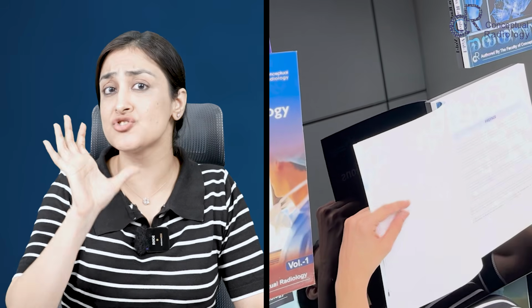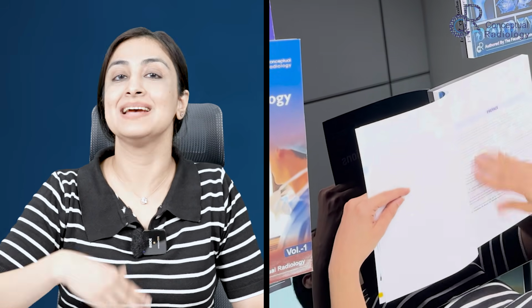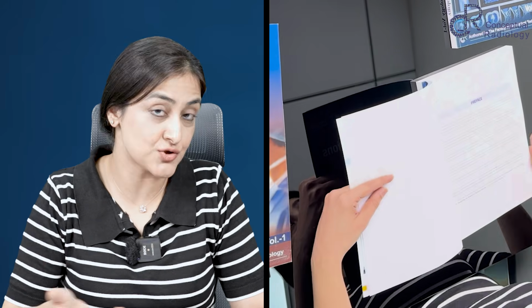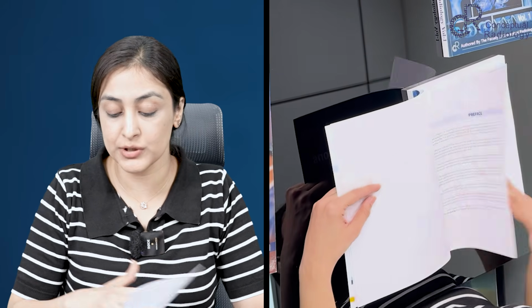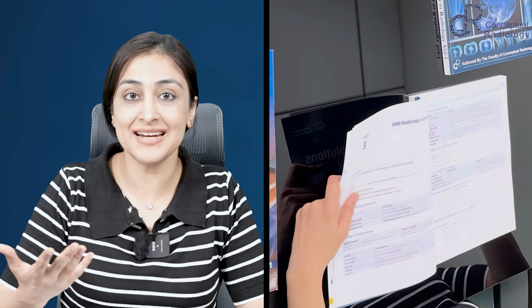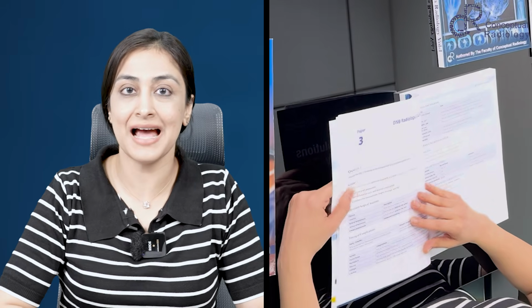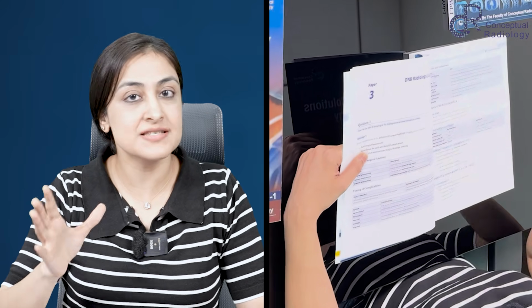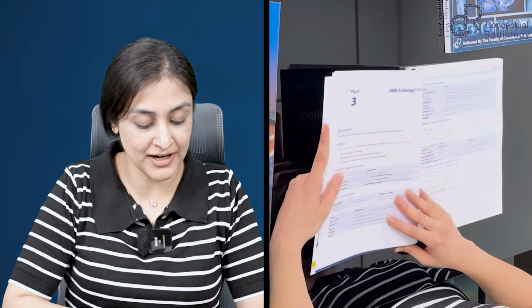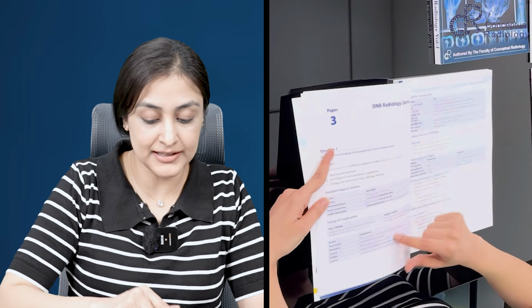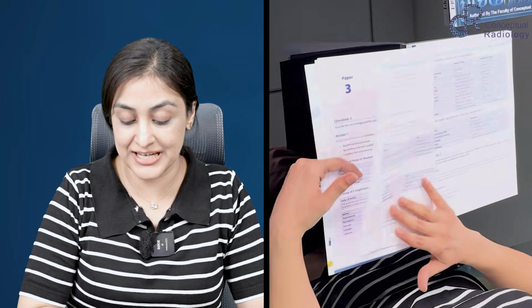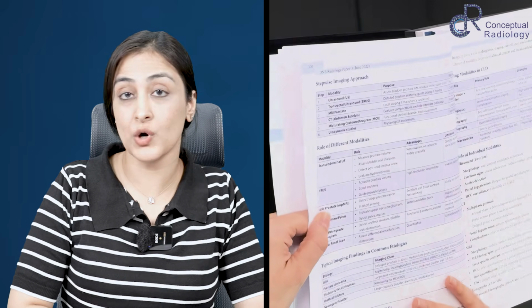You just want to know the gist of it, what it really is in a tabular format that you want to write. So we always recommend that you write papers pictorially, as a flow chart, systematically. So that's what we have tried and done here. You can see that there are a lot of tables that you're going to find here, a lot of illustrations that you can draw. So that is what this is.